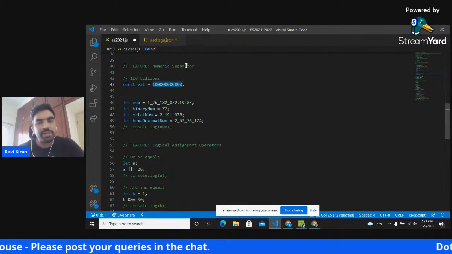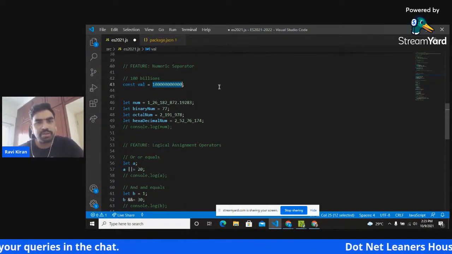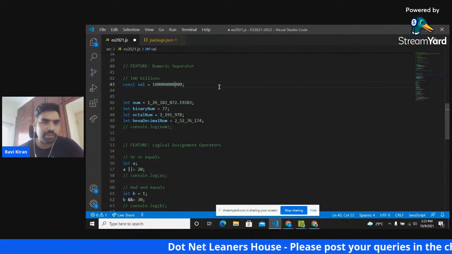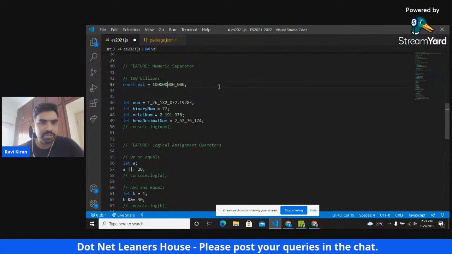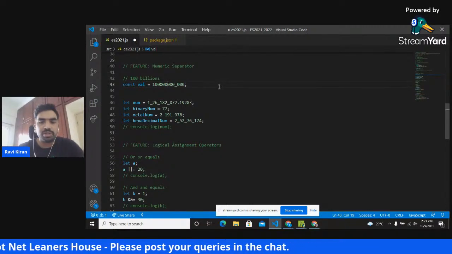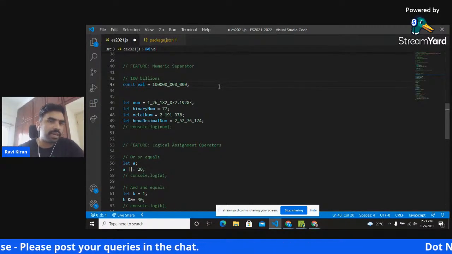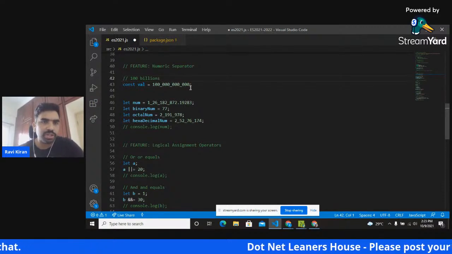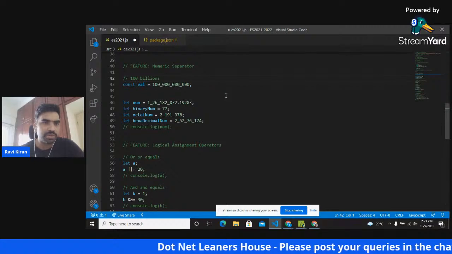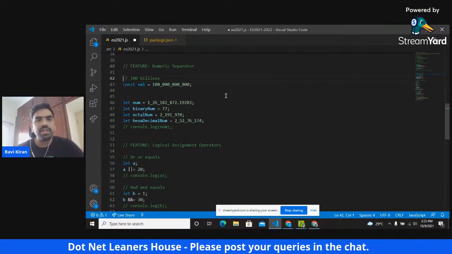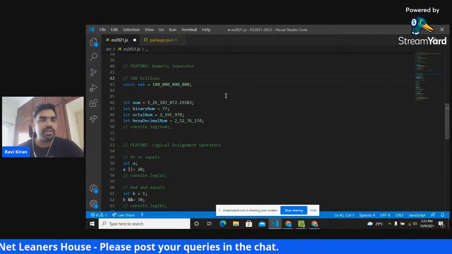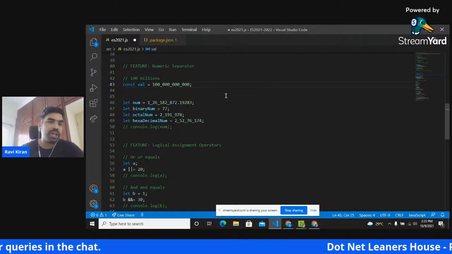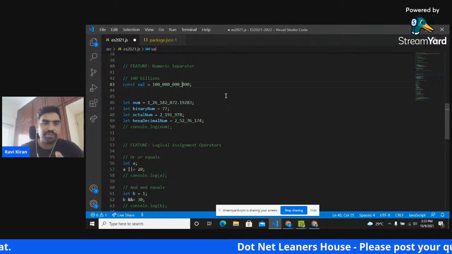So with numeric separators, we can make it more readable. Okay, so you can use the underscore as the numeric separator. If I want to make it very clear that it is 100 billions, what I need to do is keep on skipping three zeros from the right and keep on adding an underscore. Okay, so now as soon as someone looks at it, thousands, millions, billions, okay, this is 100 billions. As soon as someone looks at it, it is very, very clear, right? And it is not necessary that you have to put the underscores only after every three numbers.